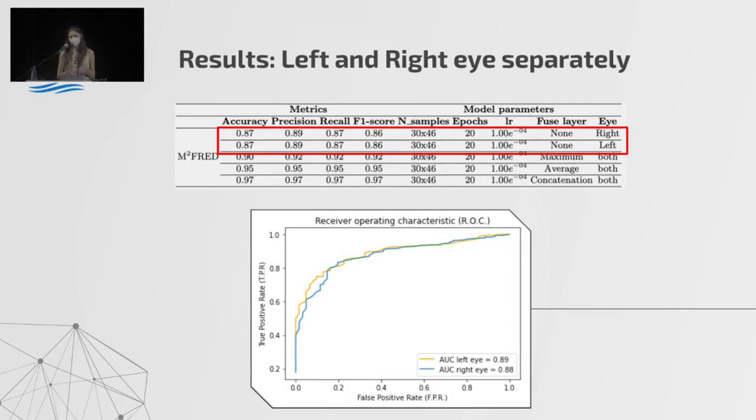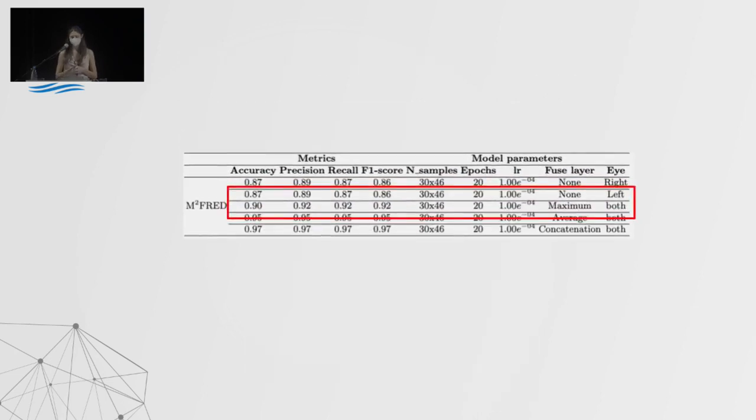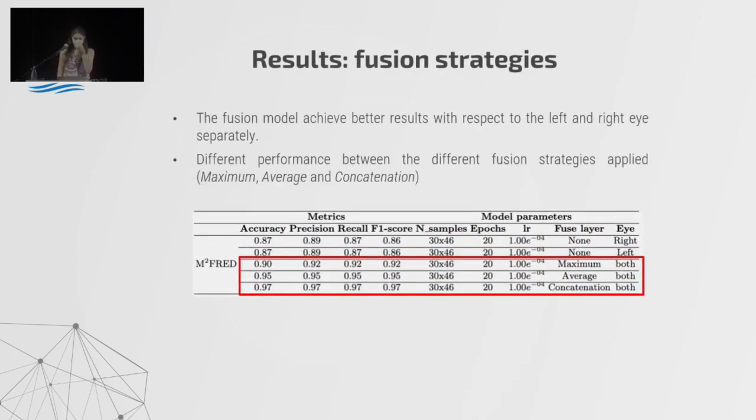Okay, a little bit, so for the metrics, we have the same results. A little bit of change can be observed in the ROC curves, in which we can observe an AUC score slightly better for the left eye, which is 0.89 instead of 0.88 for the right eye. The fusion model, in general, achieves better results with respect to the left and right eye separately, but we can